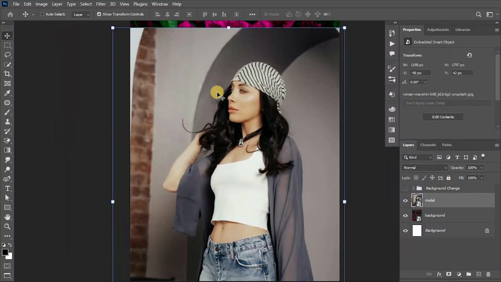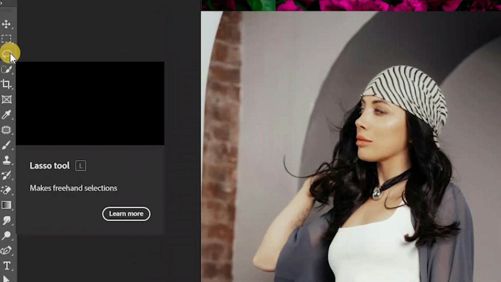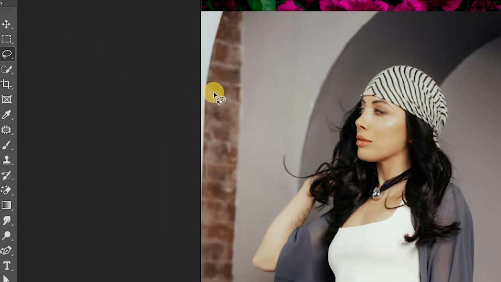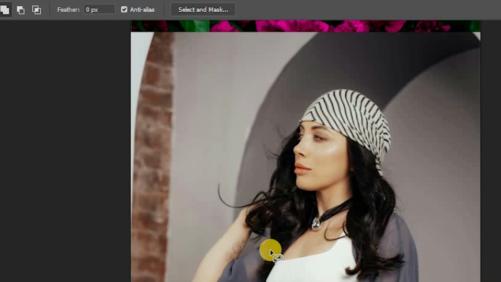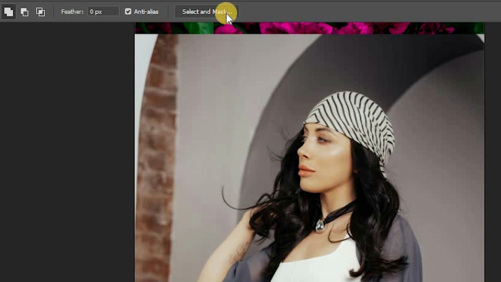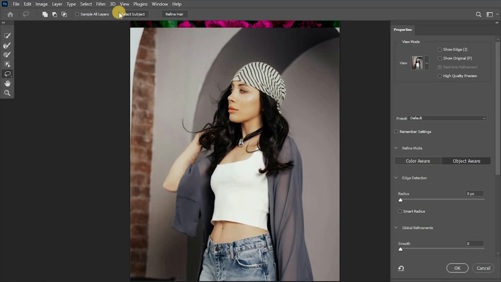With our model and background image already imported and placed, let's make a selection of our model. For that, press L for the lasso tool and make sure the model layer is activated. Click on Select and Mask on the top and then click on Select Subject, and after that go